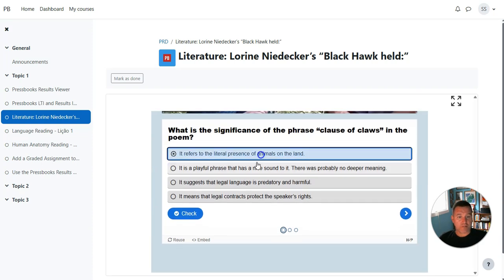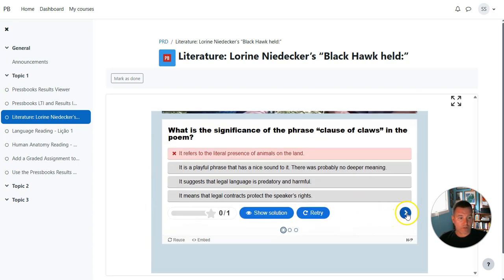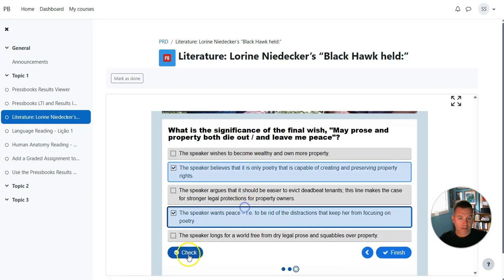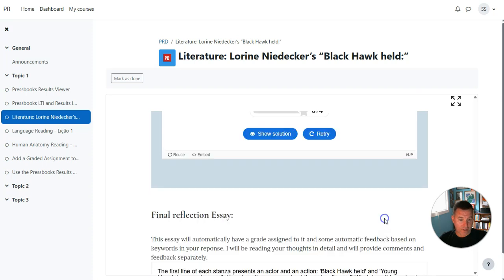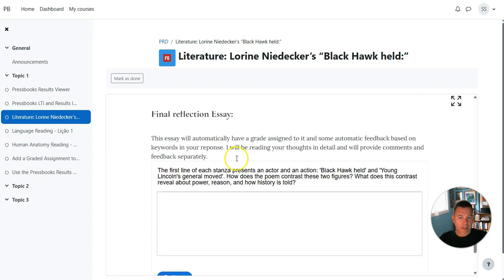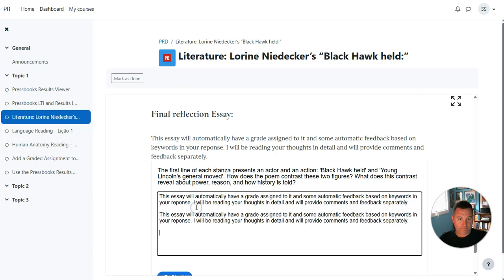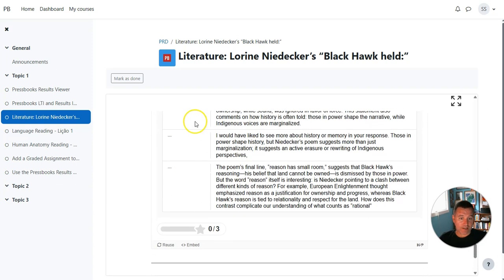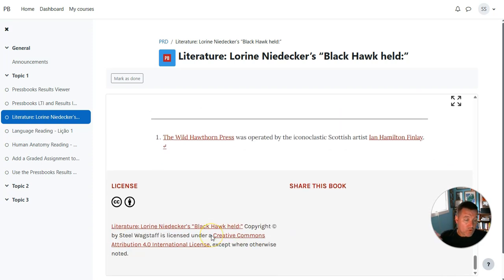There's going to be another activity. This is also a multi-part activity. Let's work through them by proceeding to the next. And finally, check my answer, and then I will finish here. And at the end, there's an essay. So I'll just type in a generic response and see, okay, I've now completed all of the graded activities in